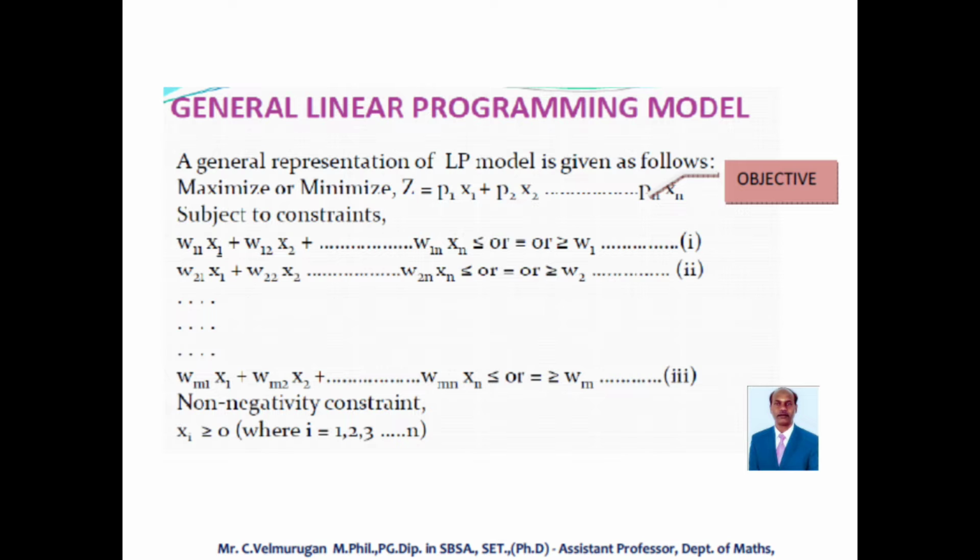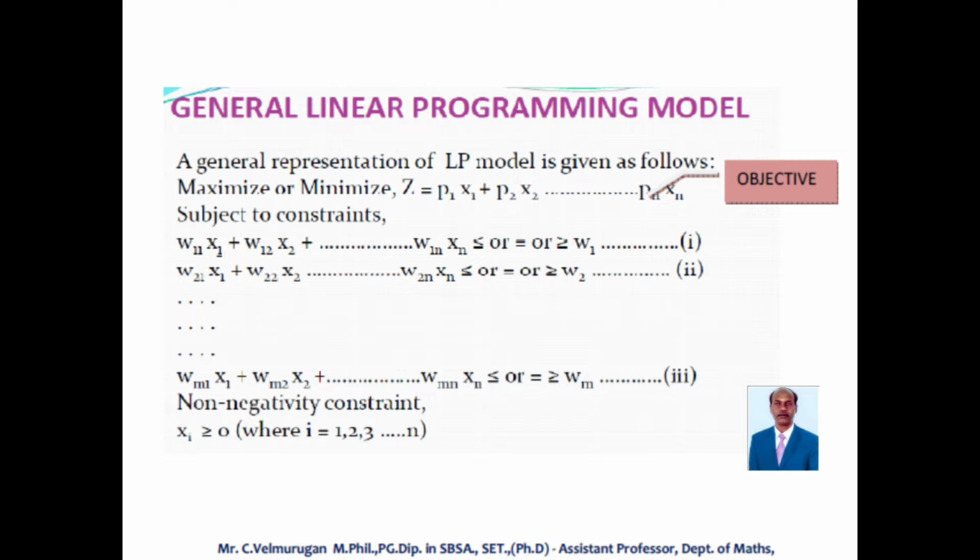In the objective function, we define maximize or minimize based on our problem nature. Suppose the problem depends on the profit, then we consider maximize. Suppose the problem is based on production and we want to reduce the production cost, then we consider